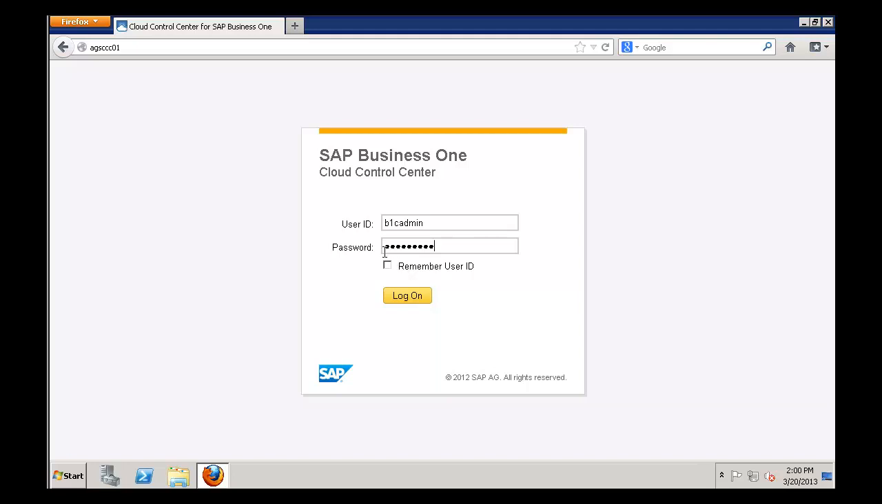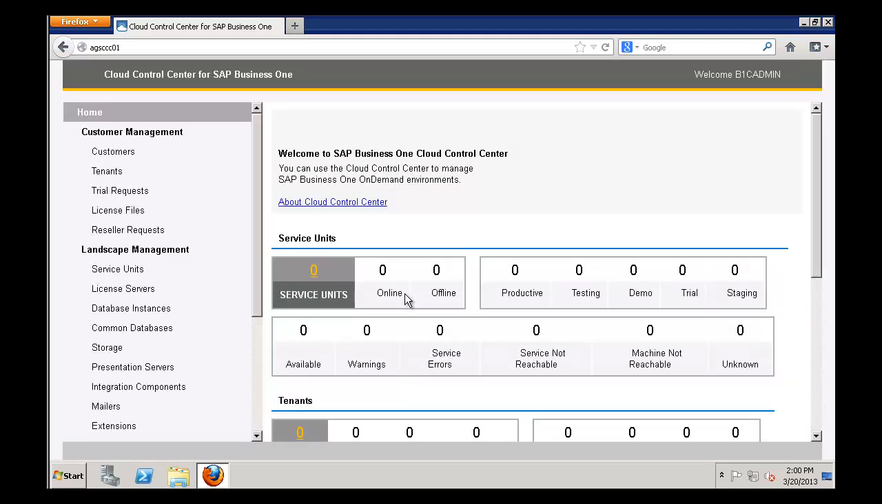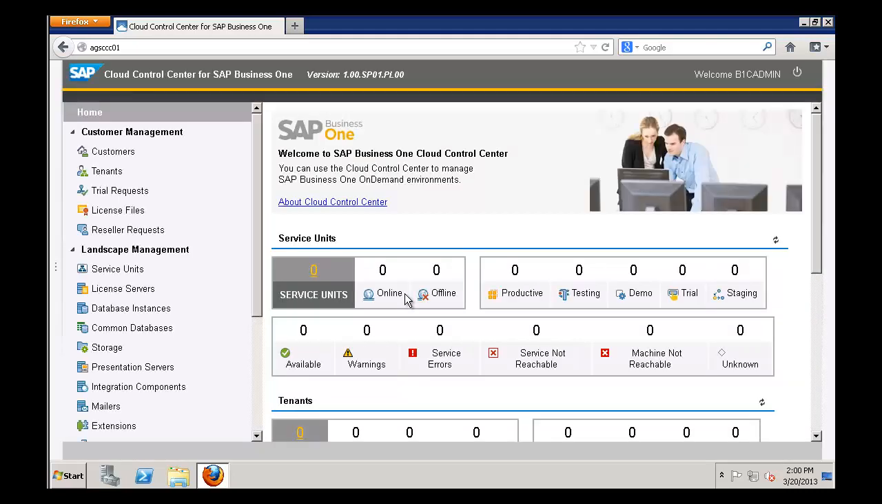Now, if you want to, you can click here on Remember User ID, and of course, it'll just remember the B1C admin for when you log on. So now I choose Log On, and you can see here is my Cloud Control Center ready to go. So everything has worked successfully. Again, if by chance you click Log On and nothing happens, and it just brings you back to the log on screen again,